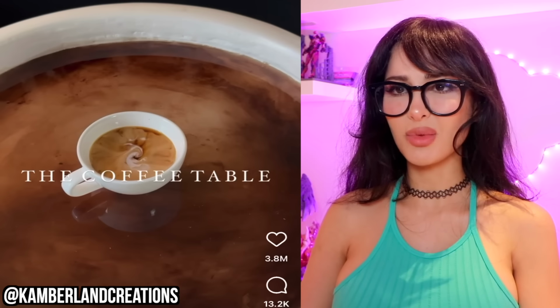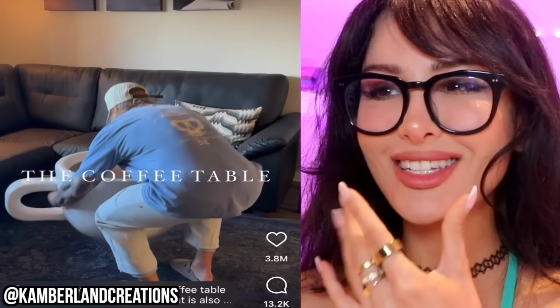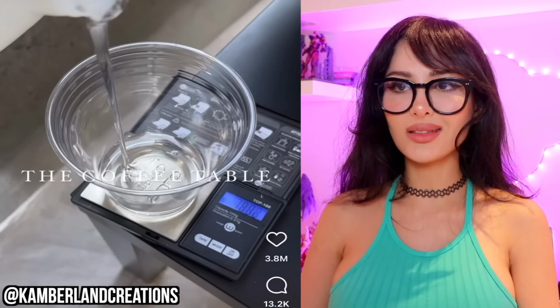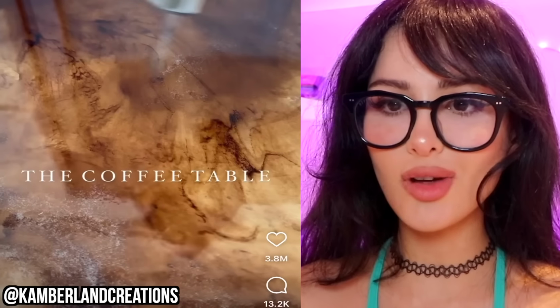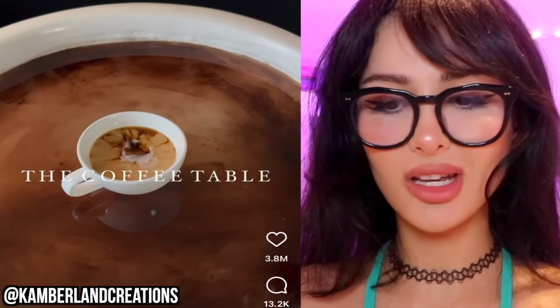The coffee table. Where's the coffee table? I just see a coffee. Oh. Wait a second. Well, this is genius. A coffee table that's made of a cup of coffee. I like it. Okay, and then the glaze on top. Wait, is this something you can actually buy? Yeah, let me just set my cup of coffee on my giant cup of coffee, which just so happens to